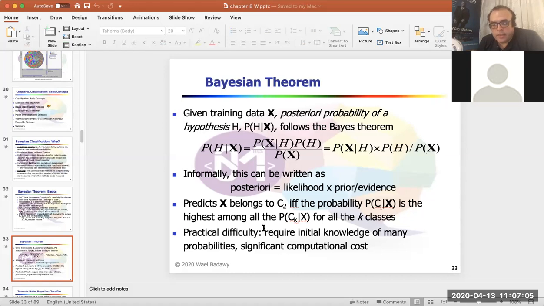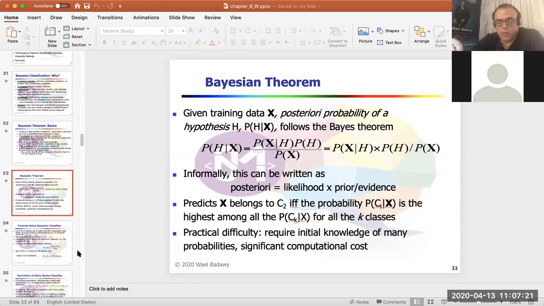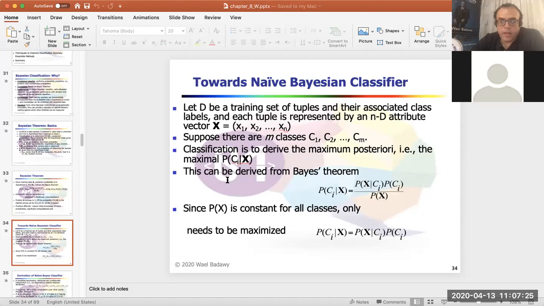It has a significant computational cost, because you have to imagine that whenever the classes grow or there is any new data, the whole H and P(X|H) will change. So having prior knowledge of the data with many probabilities is the practical difficulty of the Bayesian approach. There is a naive Bayesian classifier, and the naive Bayesian classifier is derived from